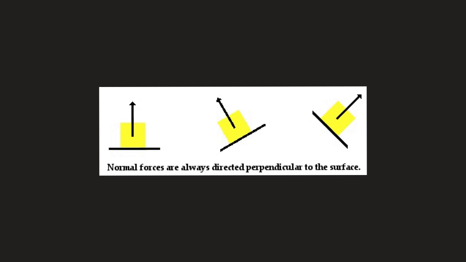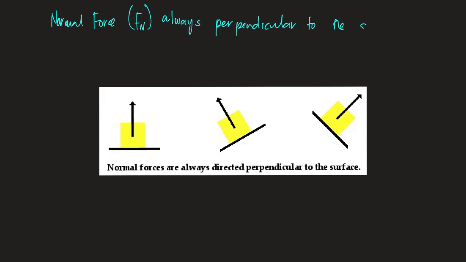So remember, when we talk about the normal force, the notation Fn, it is always perpendicular to the surface. Alright, I'm going to use this perpendicular sign. Oops, let's put it underneath here. Right. To the surface,